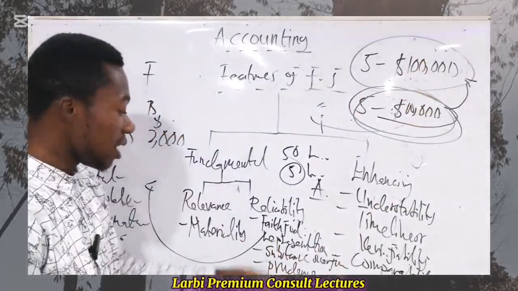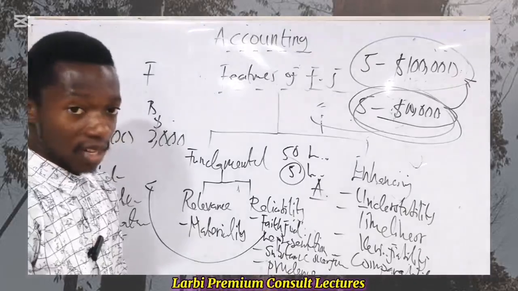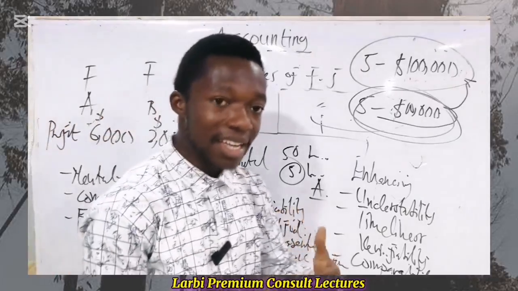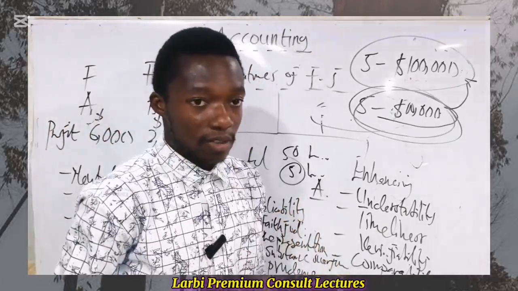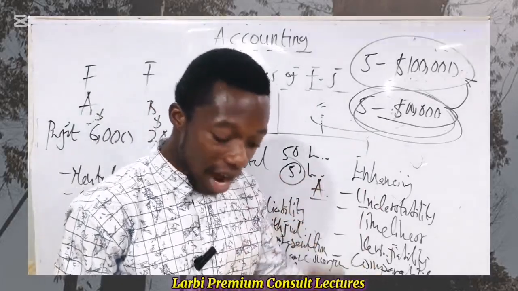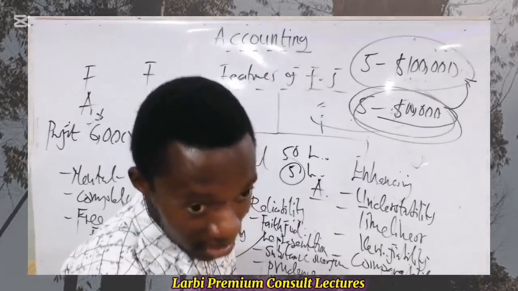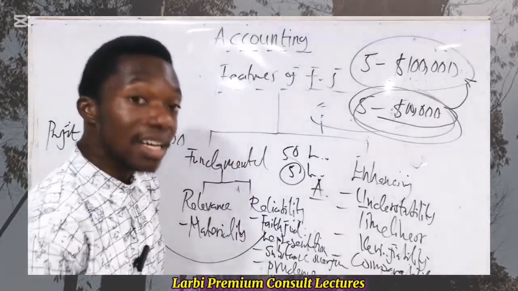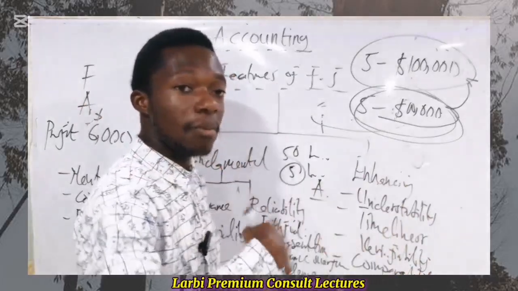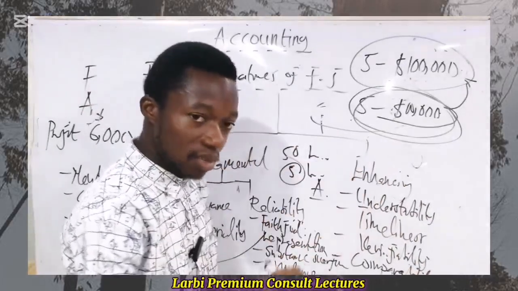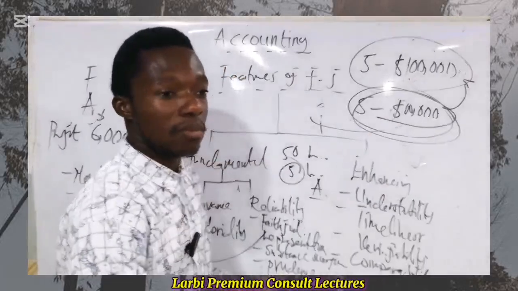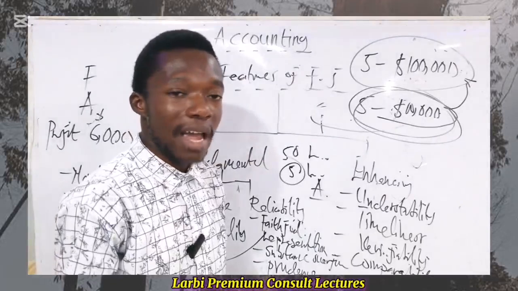Substance over form. And prudence is also another aspect when it comes to the fundamental issue. So prudence. Prudence means that caution is exercised in the degree of estimation of profit, right? So here there is a caution that is being placed on how you estimate transactions. So prudence is saying that in accounting, you're supposed to estimate the future losses that may occur, but you don't estimate future profits. So you estimate future losses, but we don't estimate future profit. Why?